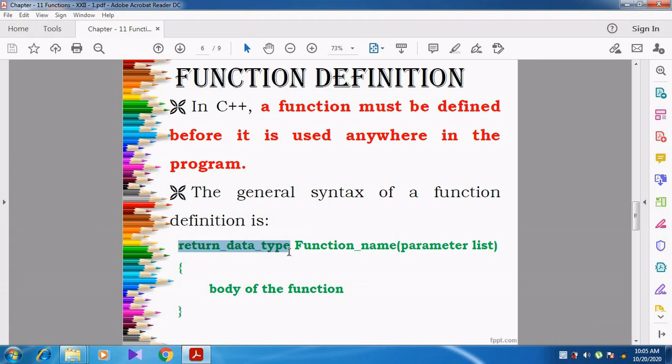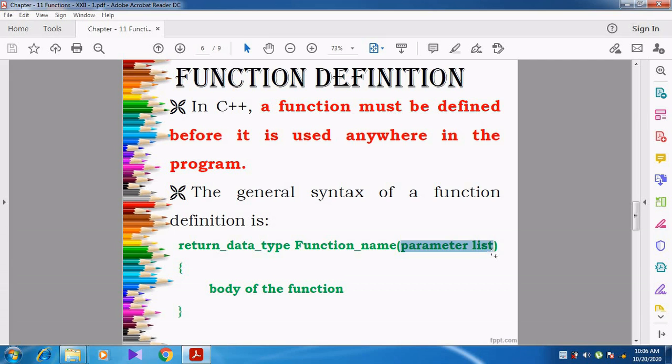Then the function name should be specified. And then you can specify the parameter list. One or more parameters can be specified within the parenthesis, but it is an optional one. You want to keep it in mind.